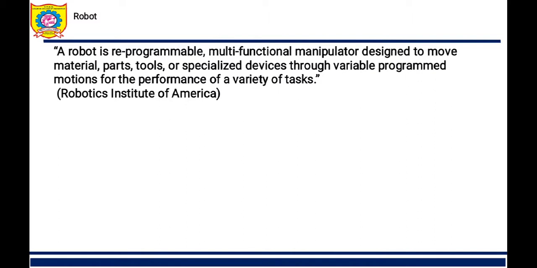It looks a little complicated, but if you divide it into parts, it's a very simple definition. It is a reprogrammable, multifunctional manipulator. What it can do is move. What things can it move? It can move material, that is raw material or end products. It is used for moving those materials. Parts it can move. It can move tools also, or any other devices. So in short, it is used to move various things in industries through